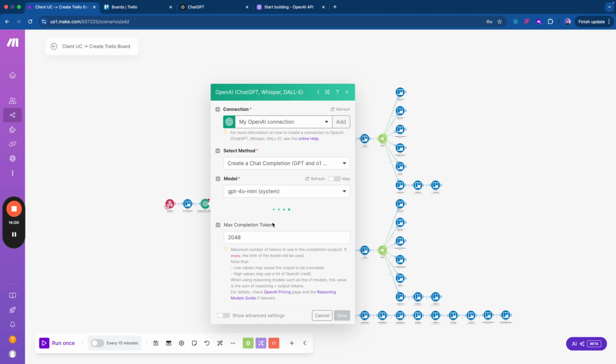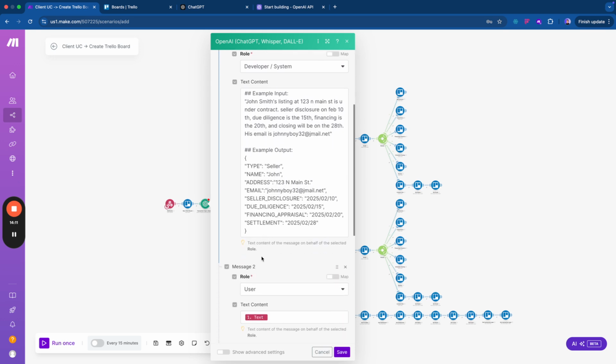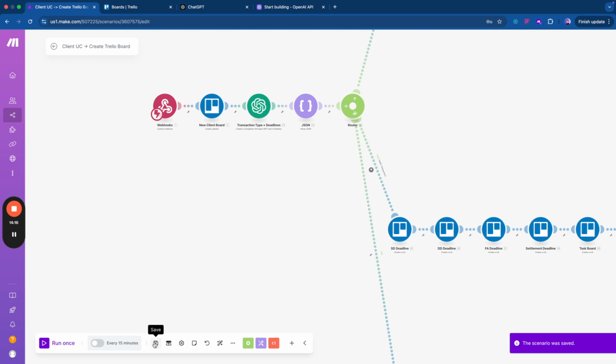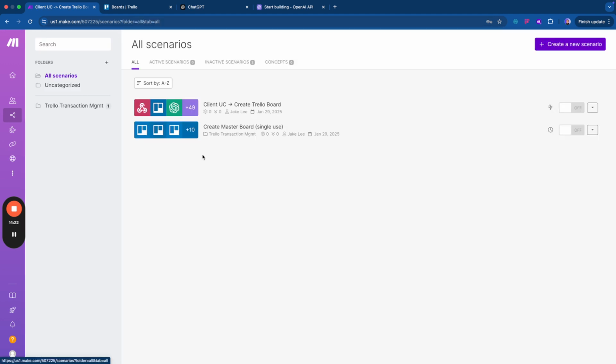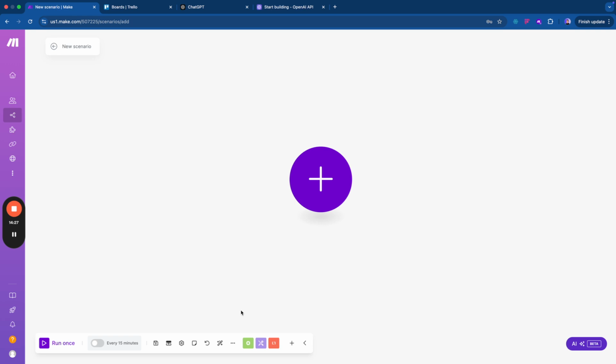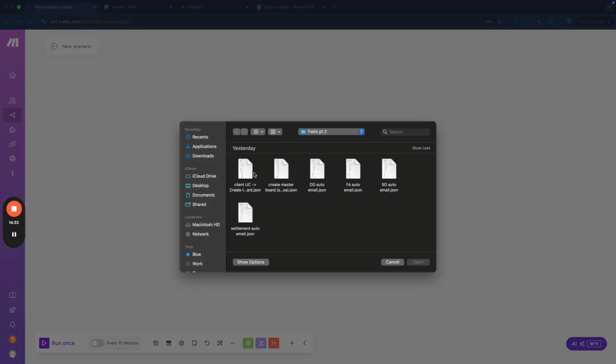So let's make sure it's got the prompt saved in here. Okay, good. So it's got the full prompt we need. This just tells it how to output it so we can use it in the rest of the scenario. And I will save this, and then we can jump back out. Okay, and then the last things we need to do to get this working are, we'll set up another scenario, import. So we've set up the master board, we've set up the brain of our AI assistant, and then we just need to do these four,